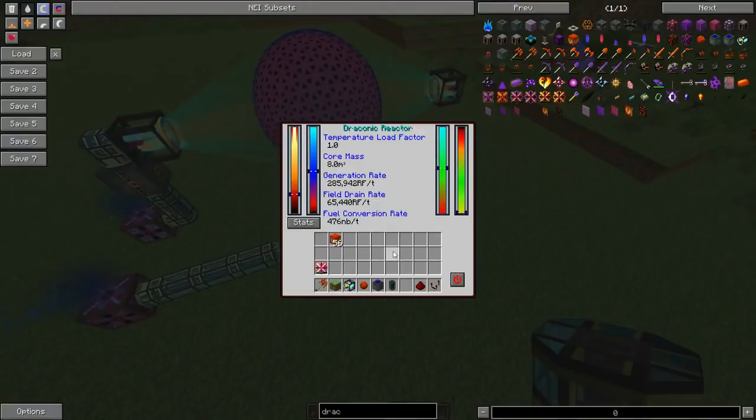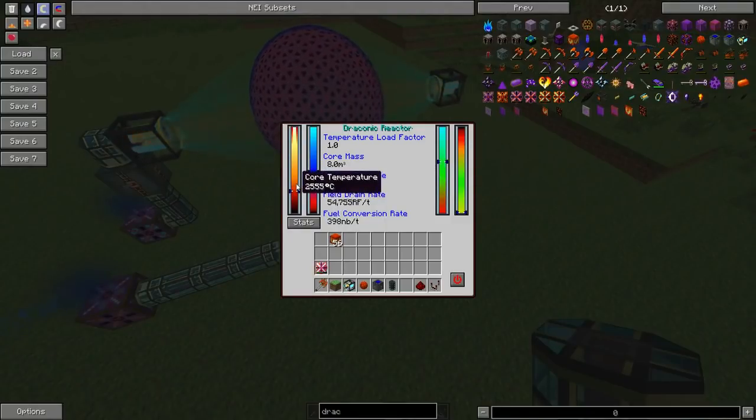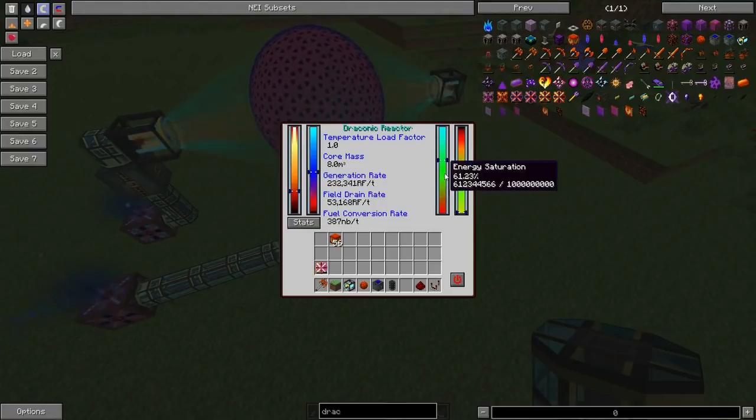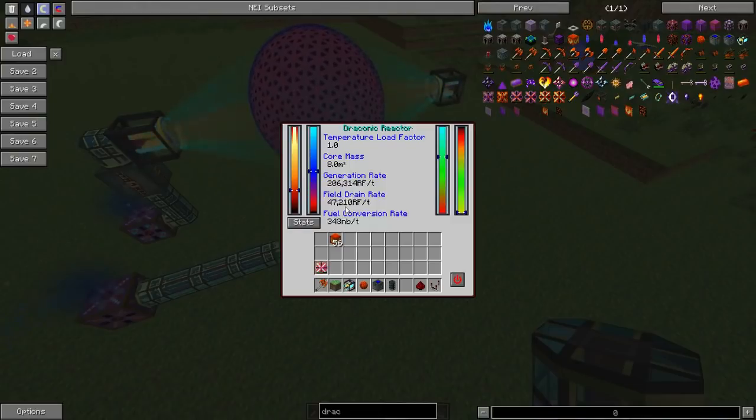You don't want that. But now that the reactor is charged, we can press activate, and the reactor is now generating power. You can see it's currently generating 200 and, well, that's going down because the saturation is going up, but over 200,000 RF per tick. The field drain rate is going down because the temperature is going up, but the energy saturation is also going up, and energy saturation also has an effect on the containment field strength. So the containment field drain is going down. You can also see the fuel conversion rate is dropping from where it was originally because the energy saturation is going up,